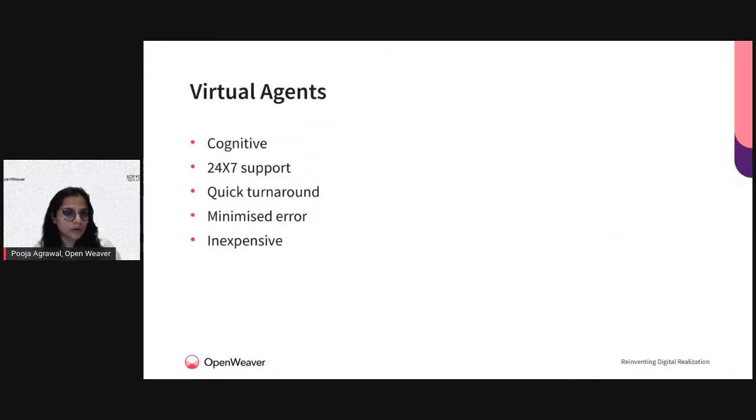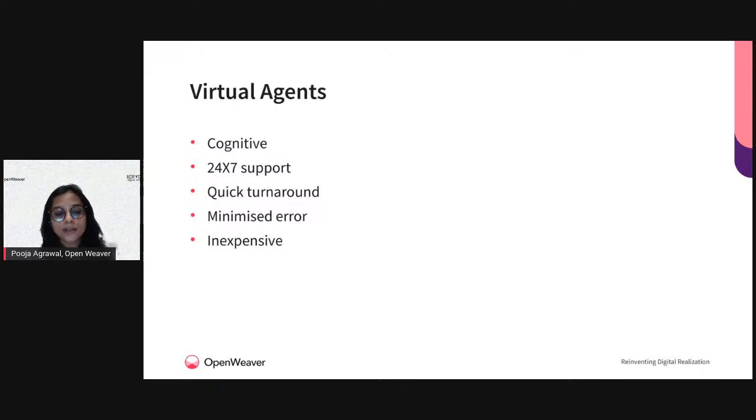Then we will talk a little bit about the features of the virtual agent that we are trying to build. These virtual agents would be available to you as an agent for 24/7 support. So you no longer expect a human to intervene and get you the right answers. You just train the bot with the most commonly asked questions, and it will try to answer and map the user to the right expected output.